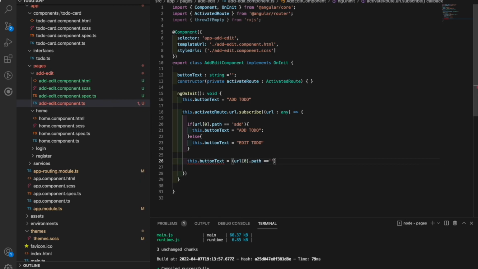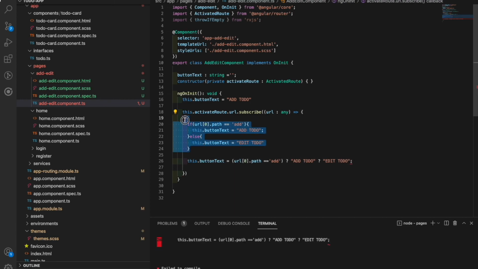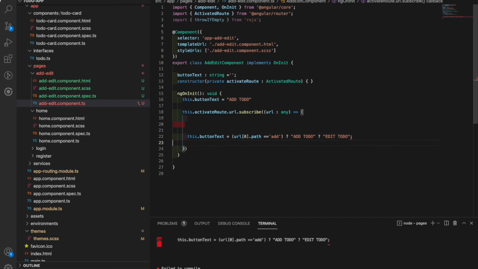If that equals add, then we want to say add to do, right? Else, just render edit to do,